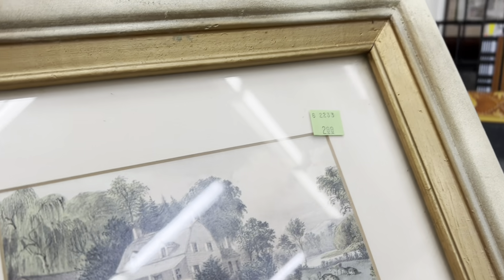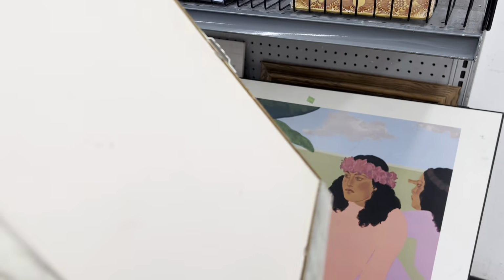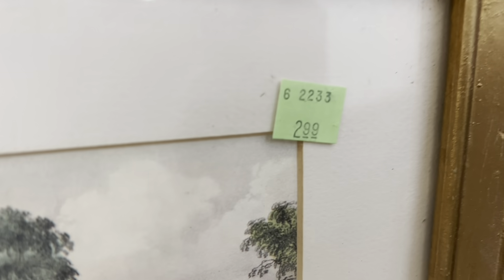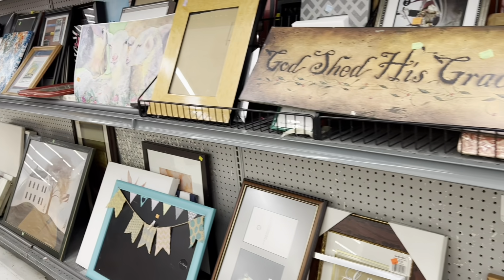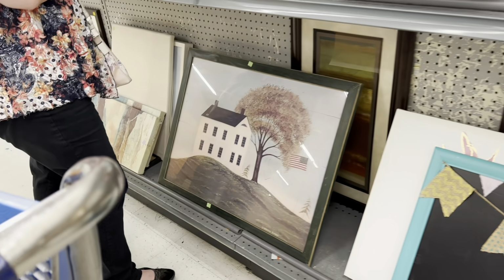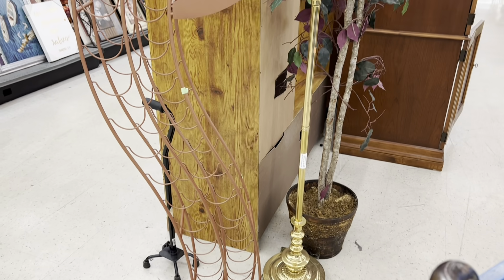Okay, y'all, after checking out the bins for just a couple of minutes, I decided to come over here and check out the artwork. I thought that this picture here was just plumb adorable. It's very country cottage, and it does ride around in the buggy with me for a little while. But what I am most interested in is that print you see right there with the house, the tree, and the flag. But there's somebody standing there, and she is looking up prices on pictures that are above this,